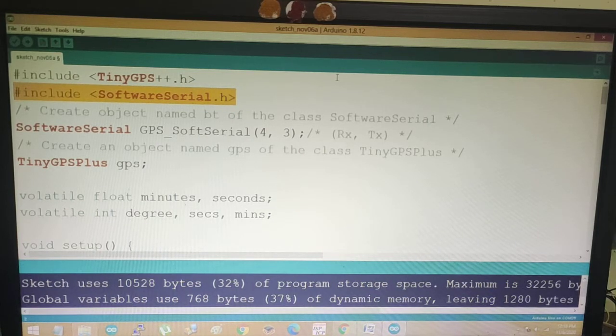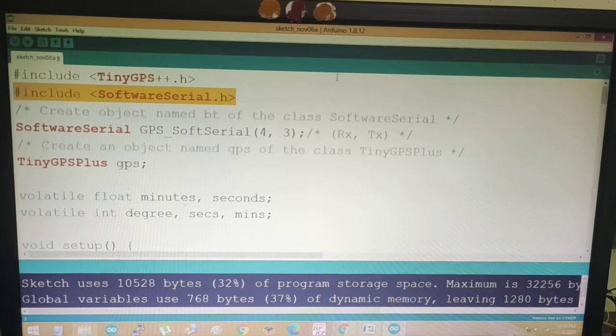To make the connection between the GPS module and the Arduino Uno, we need a set of rules, which is the UART protocol. We have to give a cross connection: RX of the GPS module connects with TX, and TX of the GPS module connects with the RX of the Arduino Uno.